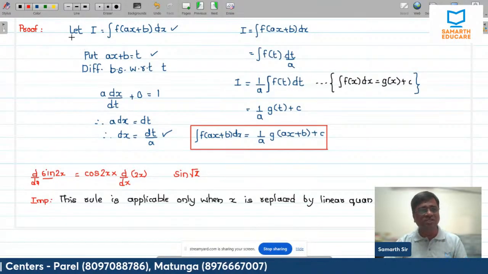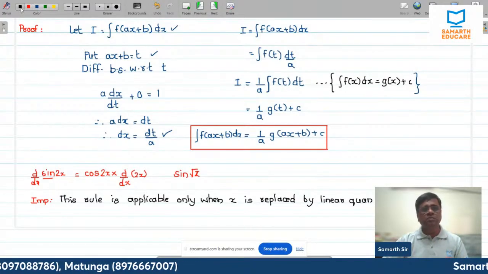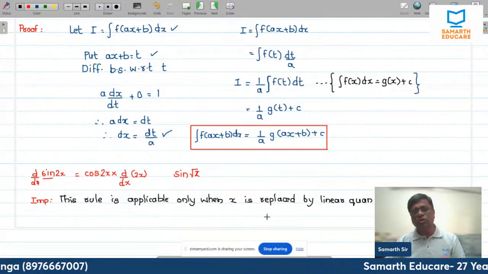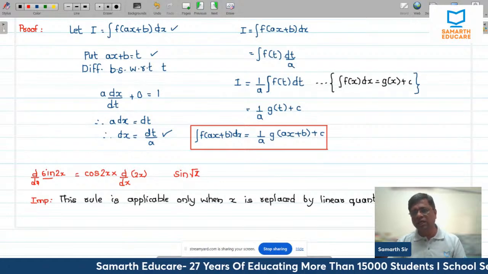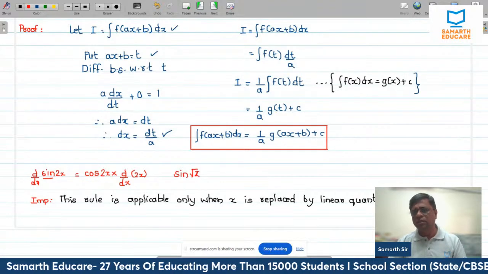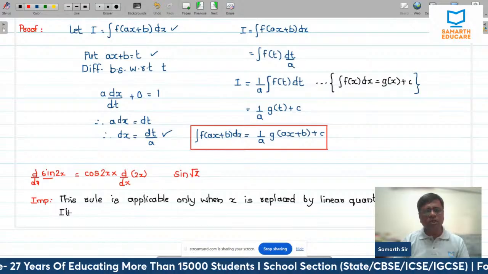We cannot use this over there. So what I'm saying is this rule is applicable only when x is replaced by a linear quantity. That is, यहाँ पे हमने लिखा है ax plus b. It is not applicable